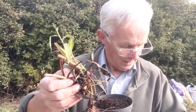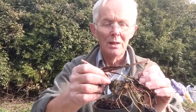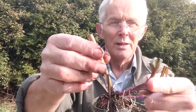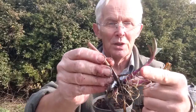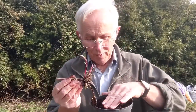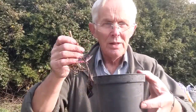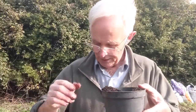You can see, if we have a look at them, we carefully pull them apart. Look at that. We've got some nice roots, and we've got new shoots coming. This is where the flowers were this year. Here we've got the new shoots all ready for next year, and it's very simple really. I pulled them up, cut them down, and we're going to plant them in this pot here. So we're just going to make a little indentation for them